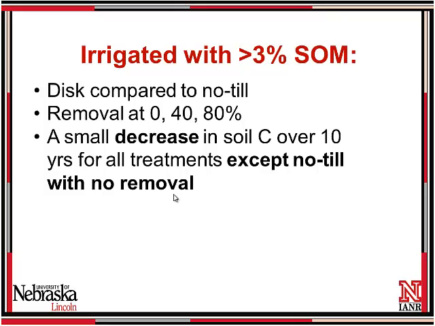Then they have the irrigated site, and that has greater than 3% organic matter. It's nice level land, silt loam, a very nice site. There they're comparing this to no-till, and they have 0, 40, and 80% removal, or at least that's their target. What they've seen there is a small decrease in soil organic carbon over the 10-year period, for all the treatments except for the no-till where they took nothing off. But no-till with some removal, they saw a small decrease,